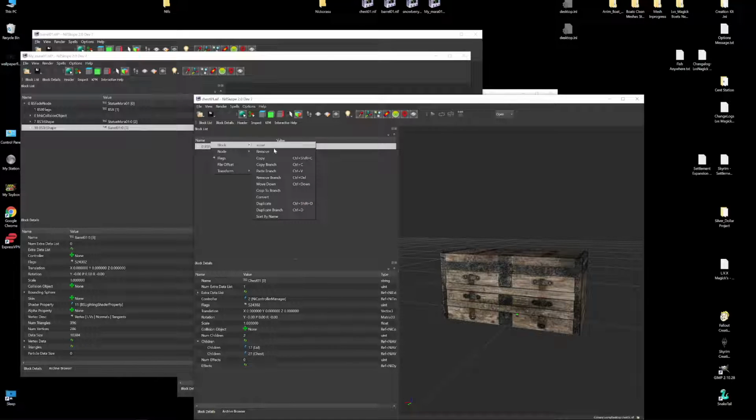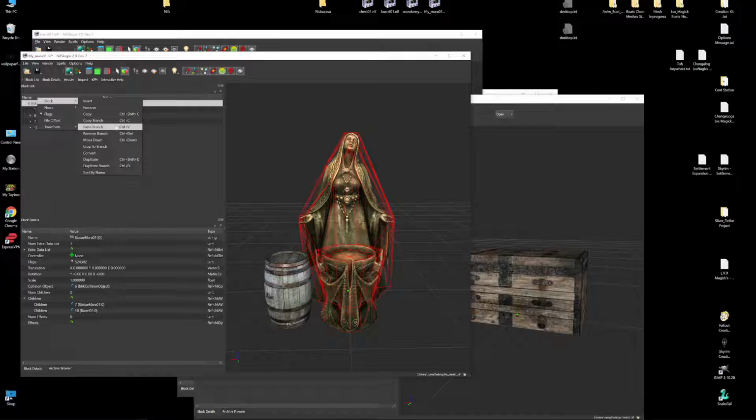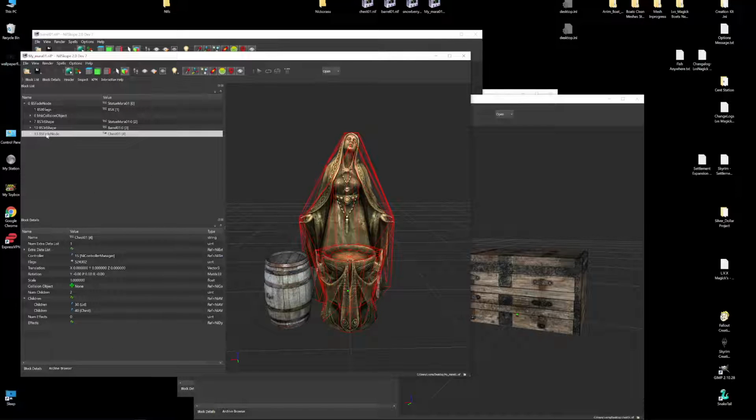You can copy this branch to Mara, but you're gonna have another BS fade node. Do you see? Every single NIF only has one BS fade node. That's like the rule. It doesn't matter if you have it in there. I've never noticed a difference, but everybody I've talked to that are really good at this are always like, you have more than one BS fade node. Well, if that's the problem, you can just go to remove.